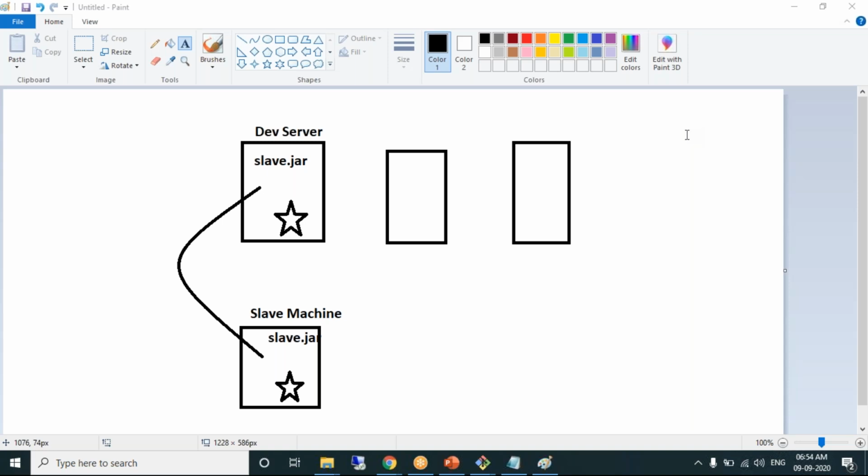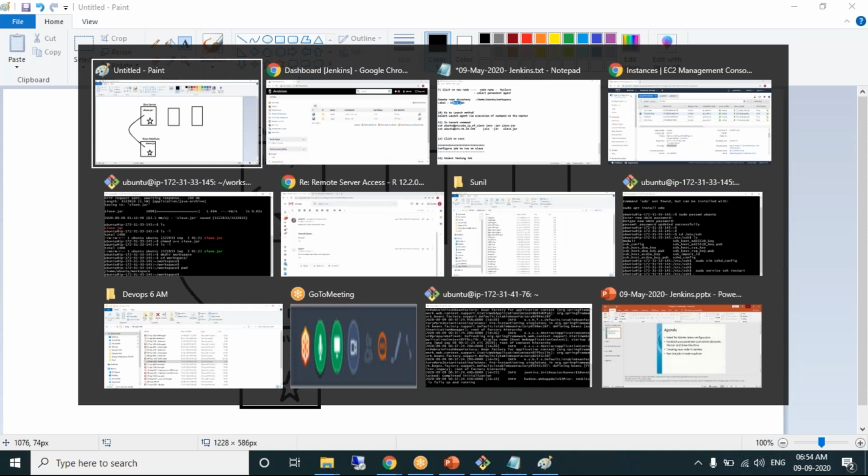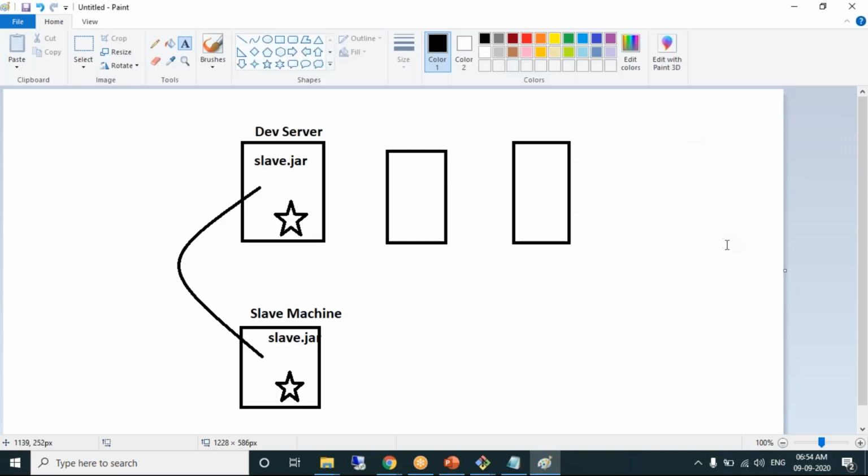I don't understand. Tell me. Previously, in one CI/CD flow, we created two jobs: a development job and a testing job. The development job does three stages, and after those it calls the testing job. The testing job does two stages. Now, if this is running on the slave machine, in the test job you want to restrict it to run on the slave machine, isn't it? Can it be possible? Yes, it's possible.